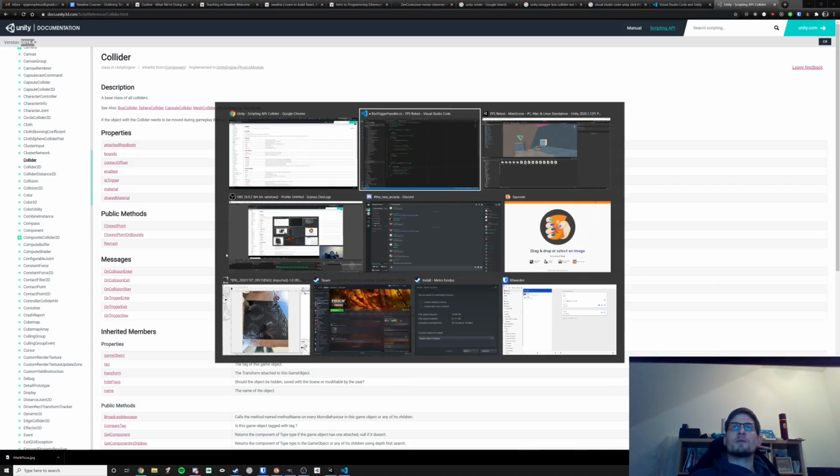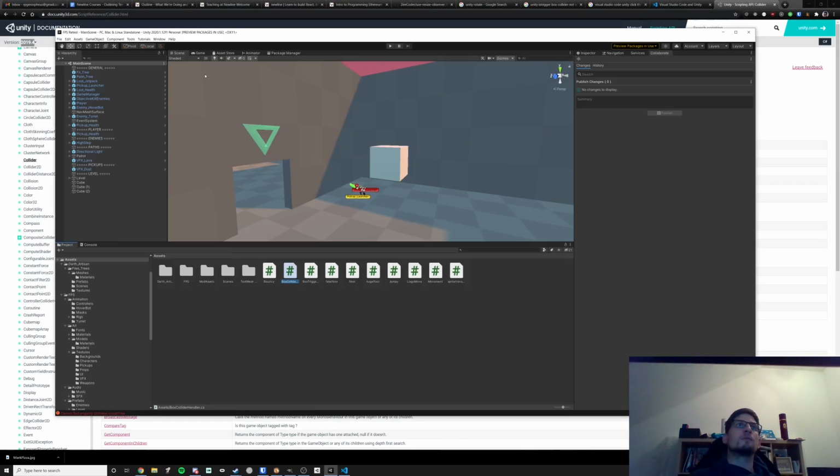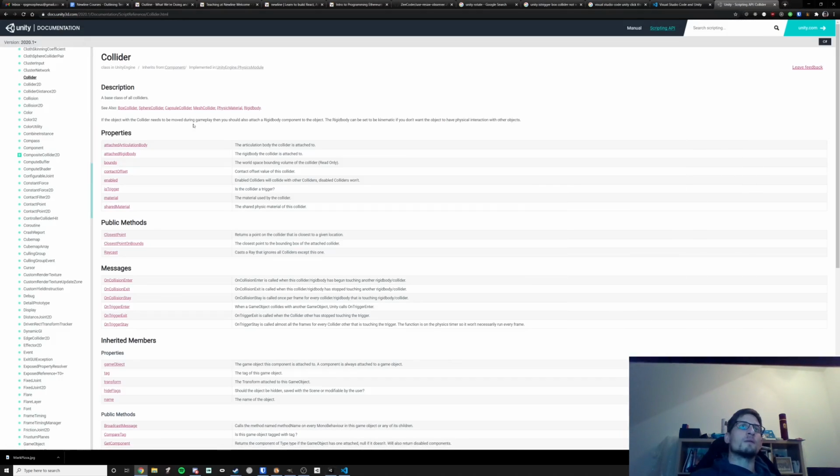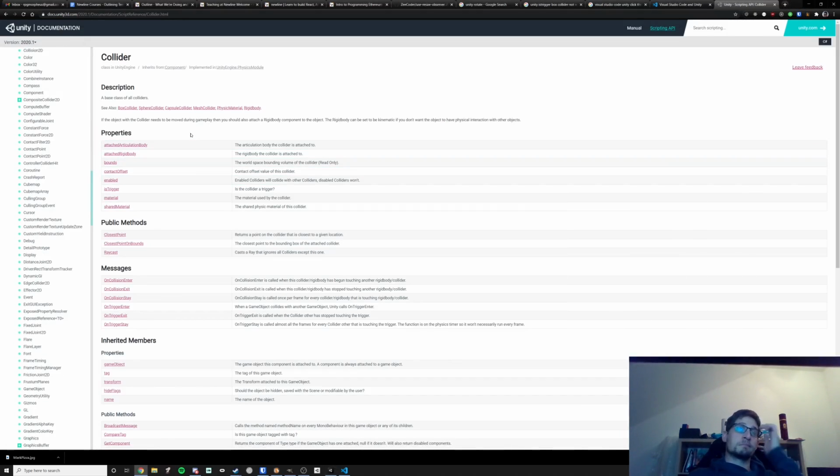Maybe I should use the documentation for version 2021. I think this is a normal release. Not an LTS, but not an alpha release either, or beta. First, collider trigger. Enable contact offset. Bounds material. Maybe I should. Oh, there's a name